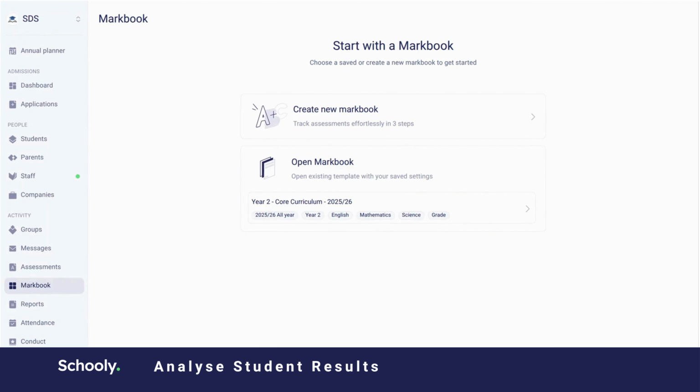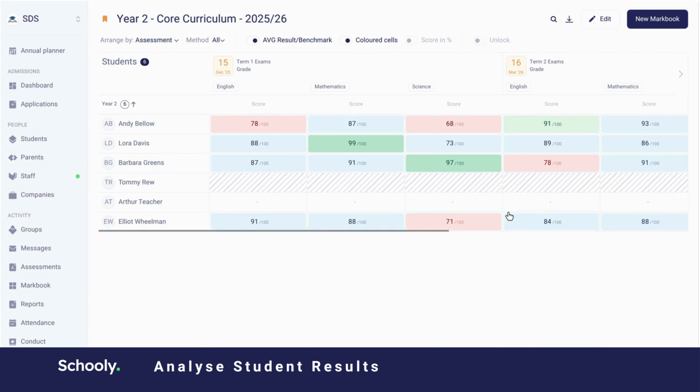Assessment analysis tools are not limited simply to one assessment or one group at a time. We can also use them in markbooks. Here I already have a markbook created for my Year 2 students looking at their English, Maths and Science results. And with this open, we can see it's making those comparisons subject by subject for terms 1, 2 and 3,